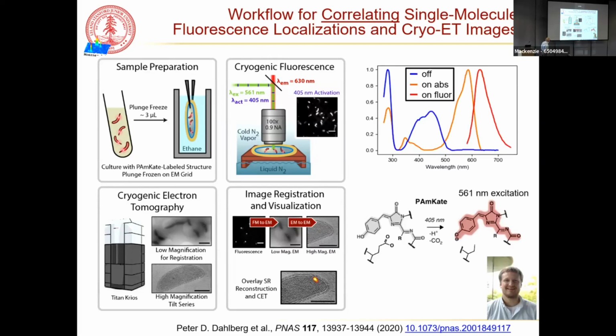And so what we found in the early work is that a particular fluorescent protein called PAmKate, here's its chromophore. PA means it's photoactivatable. So it's dark completely until you give it some 405 nanometer light, which converts to the emissive fluorophore. That's this anionic form of the chromophore. And notice that there was not a lot of conformational change when you did that, okay? There's other fluorescent proteins that do have a big conformational change, but they didn't work at low temperatures because you have frozen ice and everything not moving around this chromophore, and so it cannot undergo its change to produce the other form. But PAmKate is good in that respect.